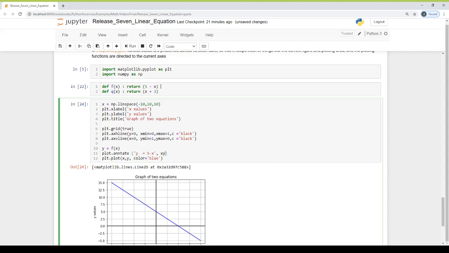The position where we want our indicator, xy is 3.3 comma 1.4, text where we want to show this text, the position is equal to 3.3 comma 4.8, and the indicator from the dictionary arrowprops is equal to this style, face color of the arrow blue, comma shrink is equal to 0.05.